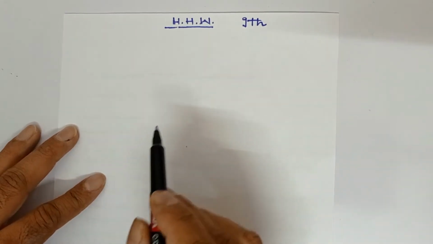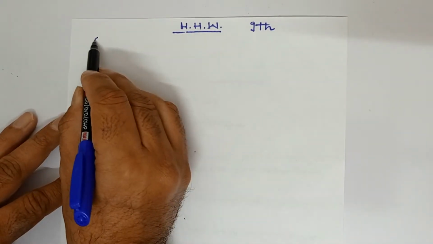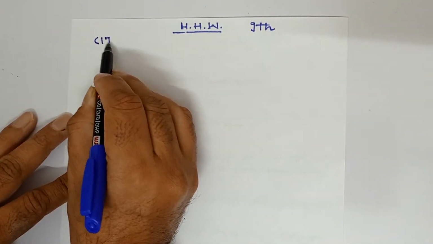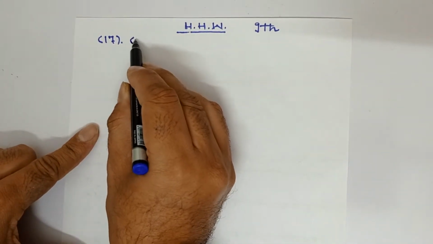Hello everyone. In this video, I am doing the solution of question number 17 of the winter holidays homework of class 9th. In this question, there are 6 constructions given. So I am doing all these constructions with you using all the geometric instruments. Now, the first angle given is 30 degree. So we will make 30 degree. So see how it is to be made.